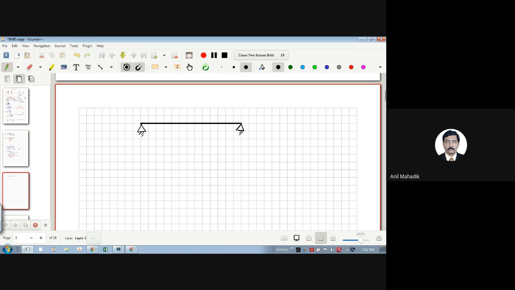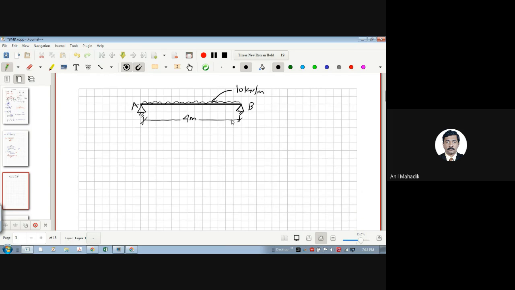Now let's say we have a UDL of 10 kilonewton per meter. Span is 4 meters. A, B. Now how do we do this? So what is the first step? We have to find the reactions. So reaction RA will be,